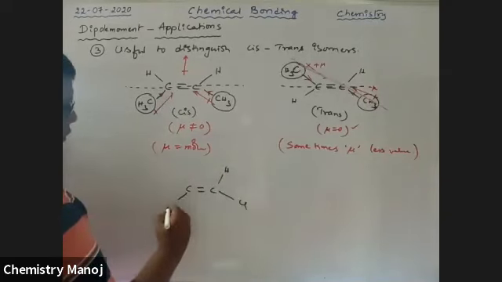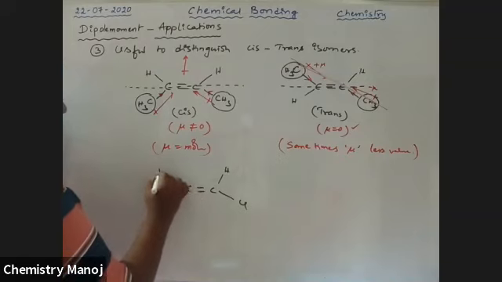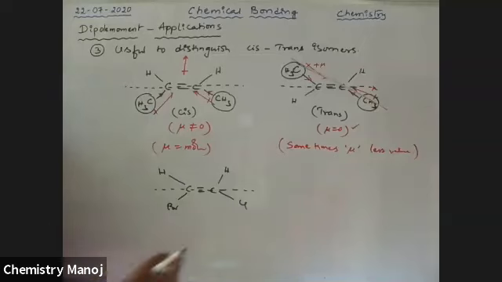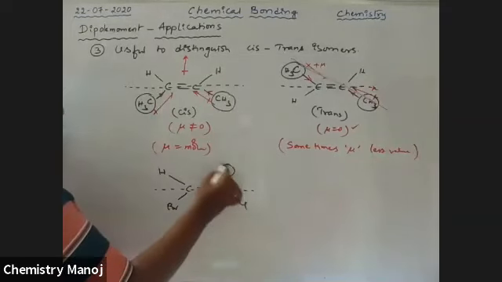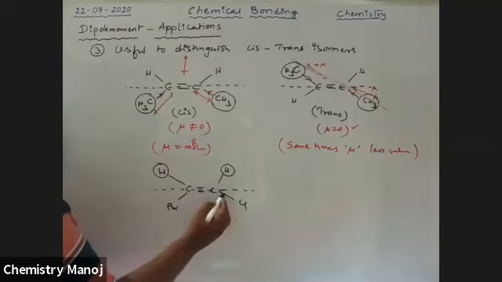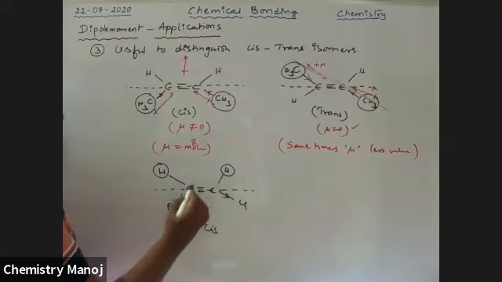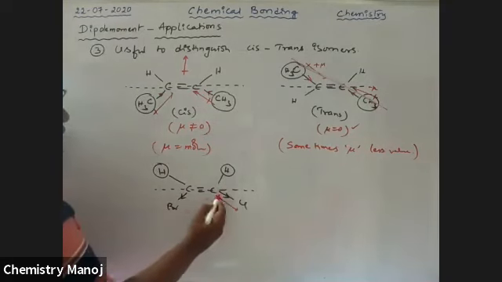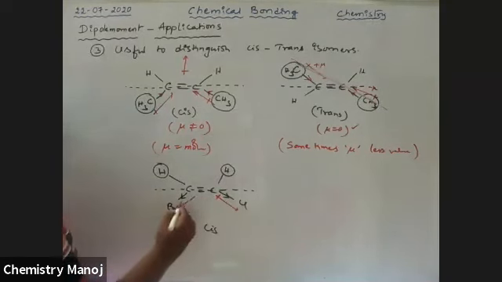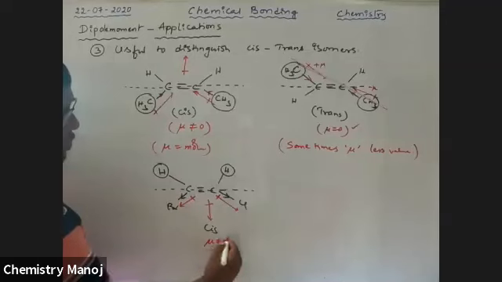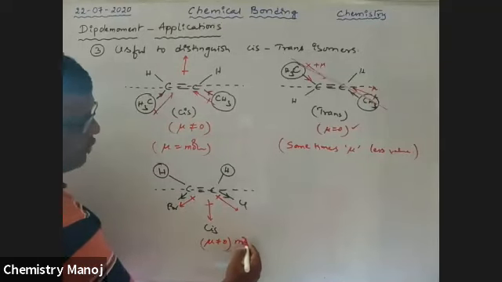HCl, Br, H. It is the double bonded axis. So here two groups on the same side. It is the cis compound. So here electron density, this is the direction because halogens are more electronegative. So this is the electron dipole moment axis. This is the dipole moment direction. These two resulting direction is this one, but opposite there is none. Therefore, mu is not equal to 0. So it has more value.